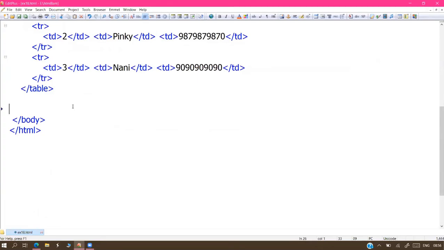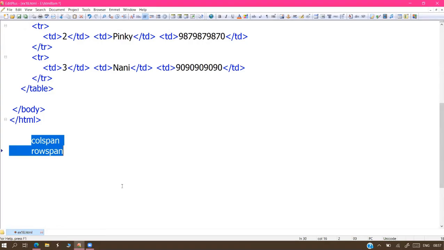Next, in tables, we have two special options: one is colspan, the second one is rowspan. These are special HTML attributes. Their purpose is merging of the columns and merging of the rows.